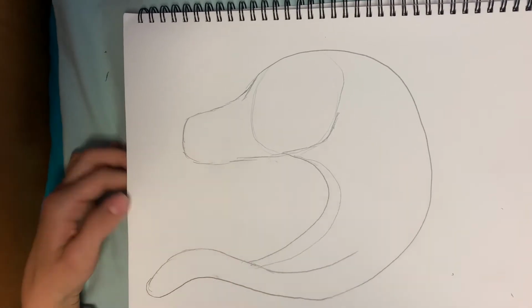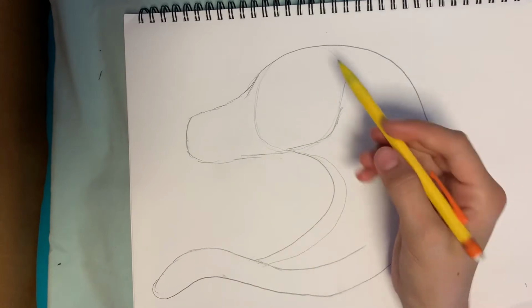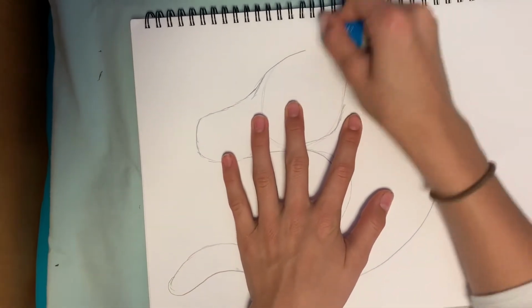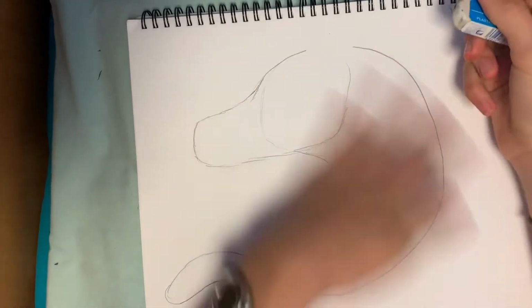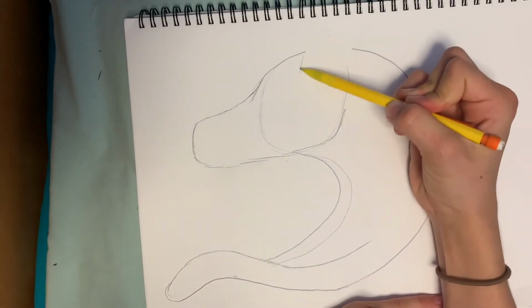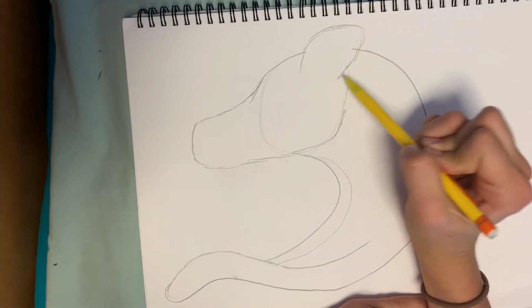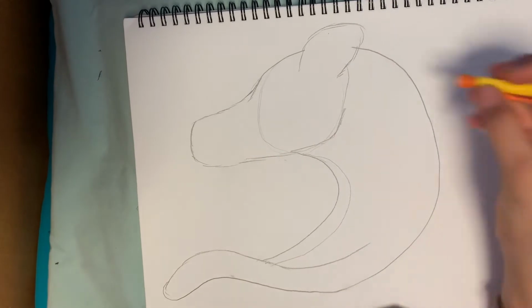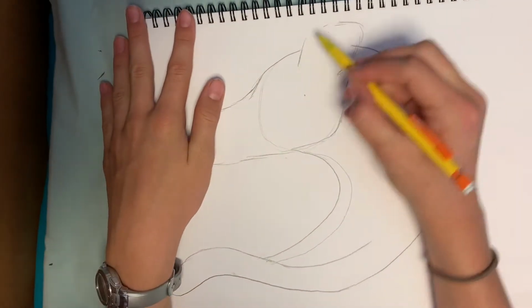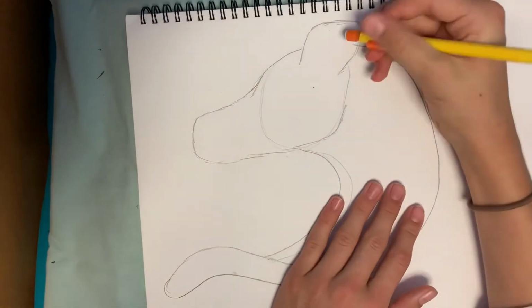Okay, now for the ears. I really like this part, it's really fun. So, erase, you're definitely gonna need an eraser, that's for sure. Erase a chunk right here. You can re-add it in if the ear's a little smaller. But go like this. And kind of make it look like, I guess I'm gonna go for a panther jaguar type thing, so like a block kind of ear. For me though, I erased,